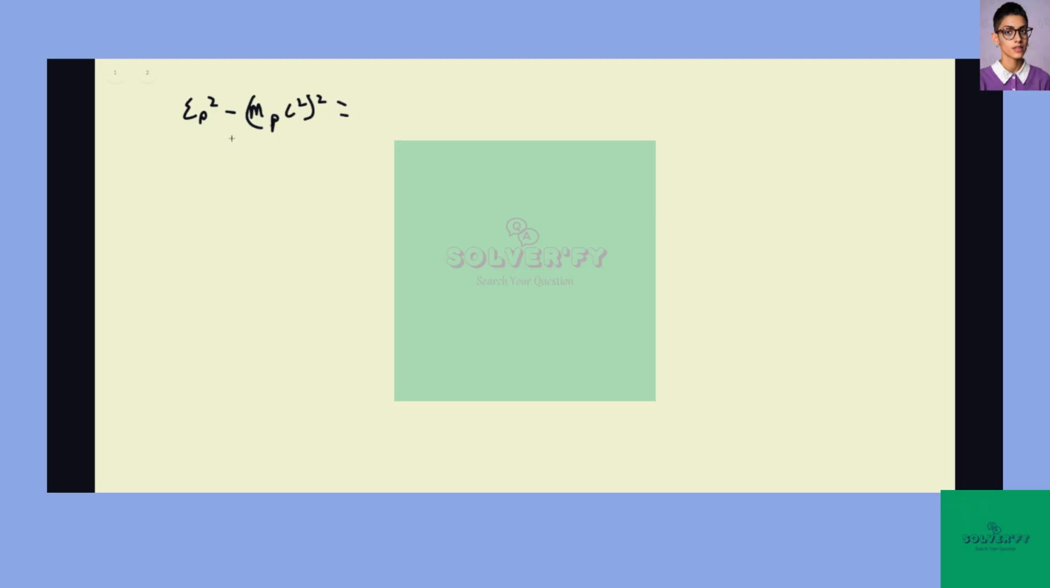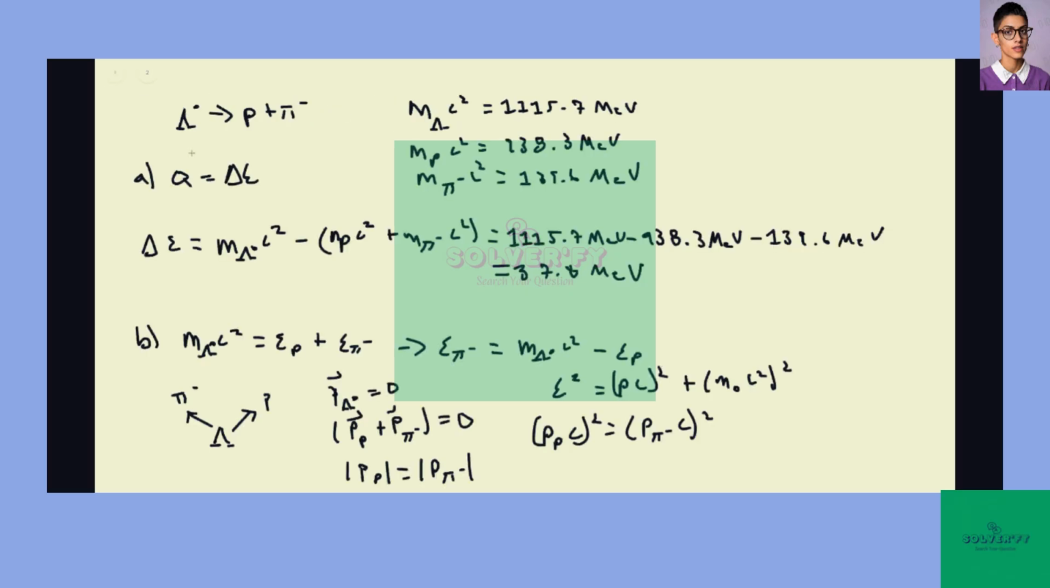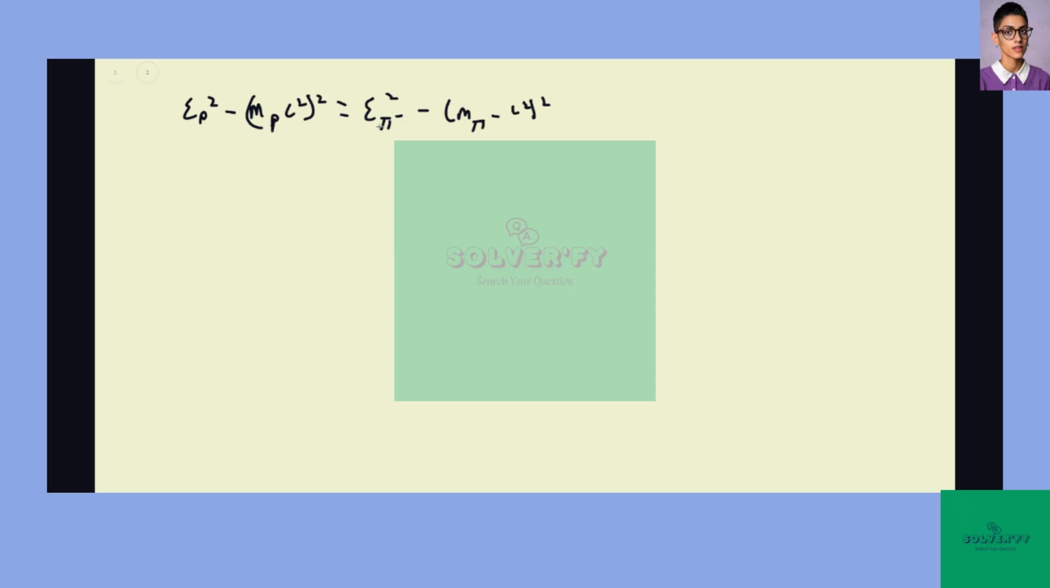It's going to be equal to the total energy of the pi meson squared, minus the rest mass of the pi meson squared. Now we've already solved for the energy of the pi meson, which is given right here. The energy of the pi meson is equal to the rest mass of the lambda baryon minus the total energy of the proton. So we can plug that in here, and we get